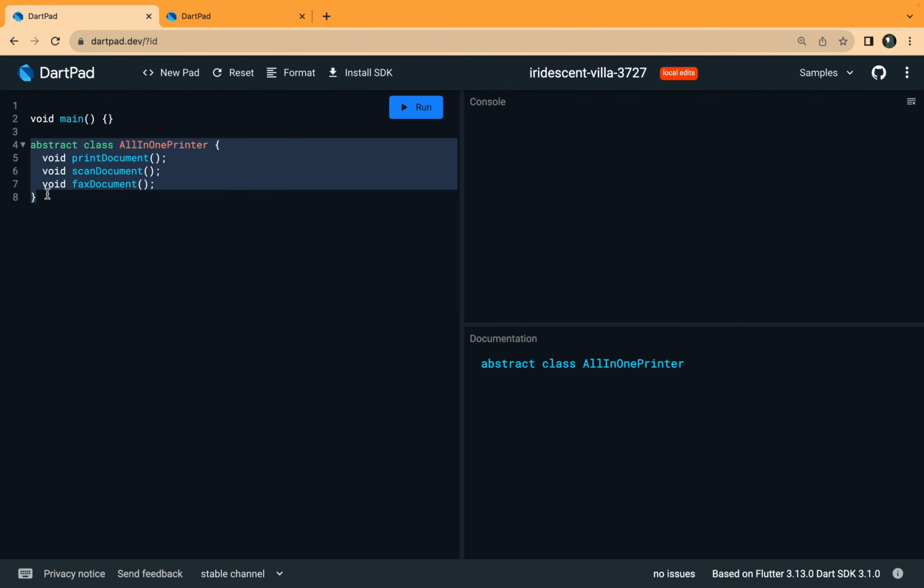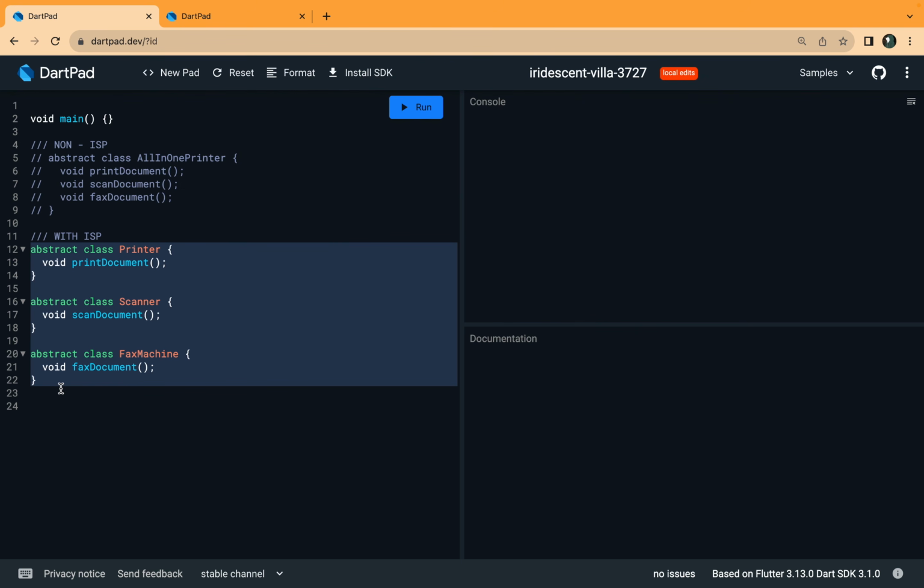For example, imagine you have an all-in-one printer interface that has the methods print document, scan document, and also fax document. But what if a particular printer model does not support scanning or faxing? Implementing this interface would force that model to implement unnecessary methods. A better approach, following the interface segregation principle, is to create 3 separate interfaces or abstract classes in our Dart